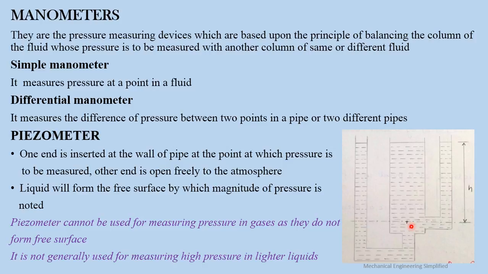So this height will be very much high. I will just give you an example to completely understand this concept. See, we have just an atmospheric pressure. The same atmospheric pressure can be measured by just 760 mm or 76 centimeter of mercury column, and for measuring the same magnitude of atmospheric pressure, we need to have a 10.3 meter height of